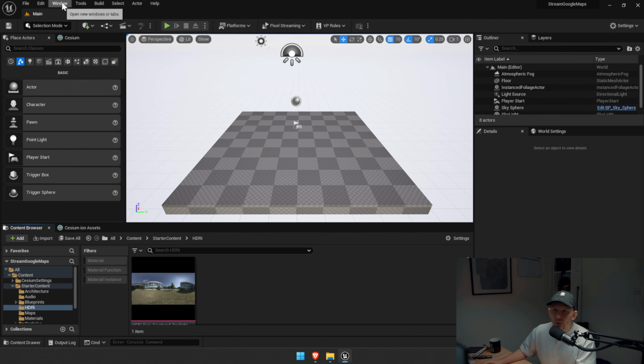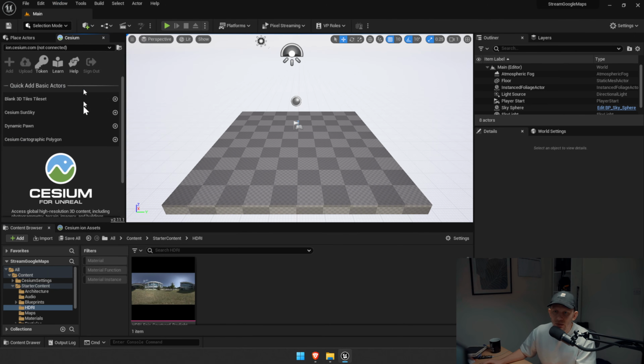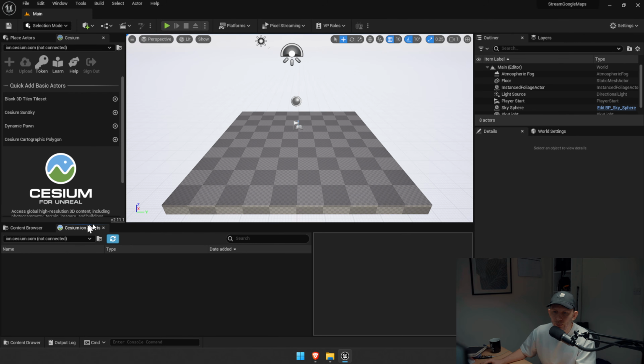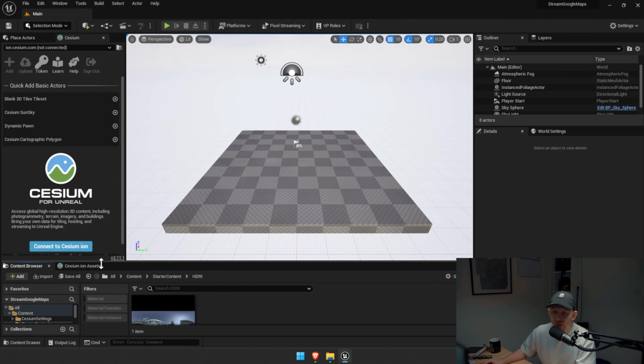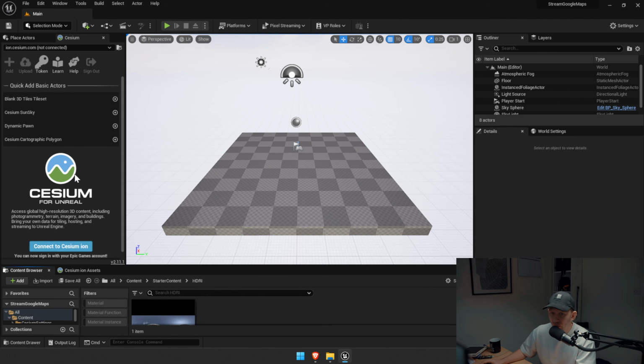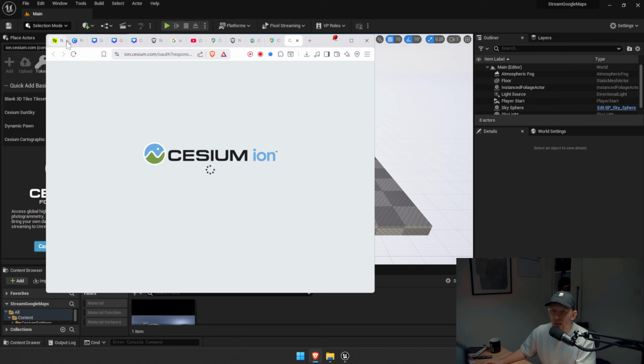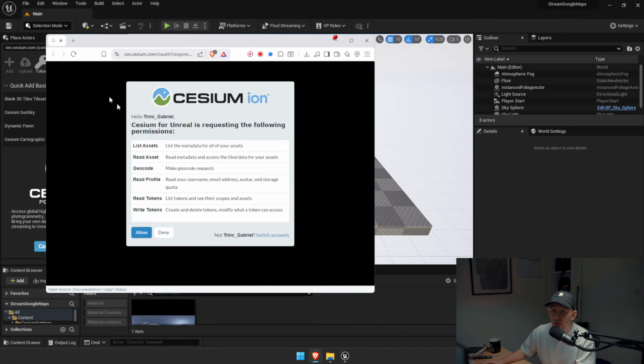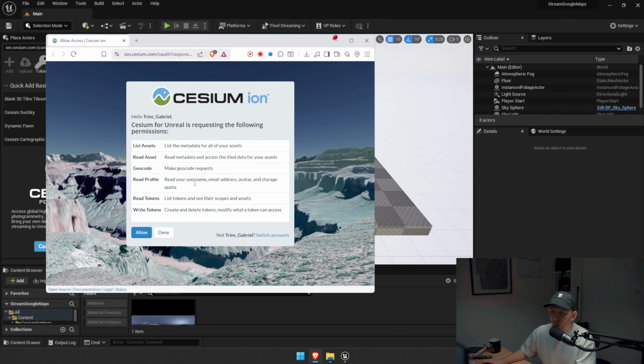Too many content browsers. And then from here, Cesium. Cool. Now we have the Cesium on the left side of the panel. What we have to do is connect to Cesium. Obviously right now you need to connect. So yes, from here it's straightforward. You allow,